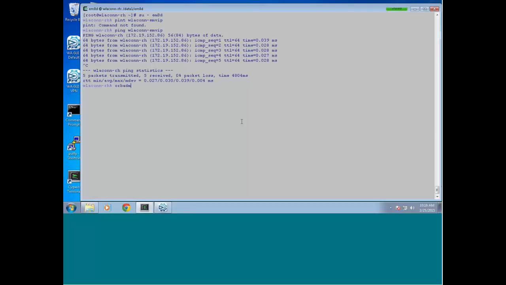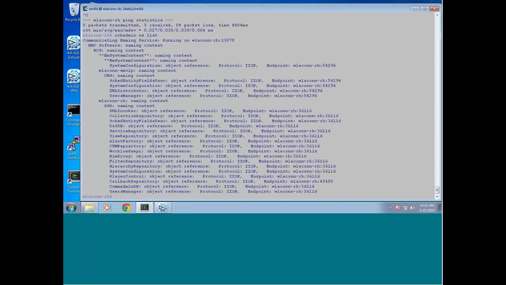Next thing I'd like to demonstrate is that the naming service and its components are actually running and bound to that physical host name to begin with. These are running all on the WLA con-rh, which is my physical host name. This is what we're going to be changing. So since we're going to be changing things,